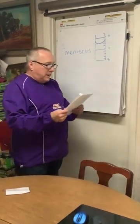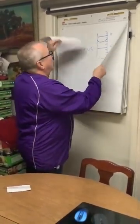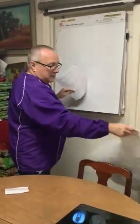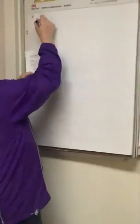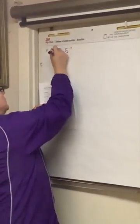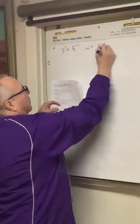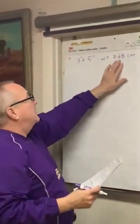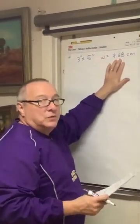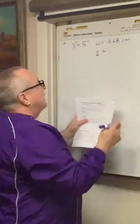I'm not going to answer any questions yet. I'm going to answer them in a minute. But when I do this, I get the following data. For my index card, when I measure it here in my kitchen with the light that's available, my 3x5, and of course those are inches, which we will never use, index card has a width that I measure of 7.68 centimeters, to the hundredth place, because I could read 76 millimeters and most of the next one, so I just said 8. And for length, my rectangular index card gave me a length of